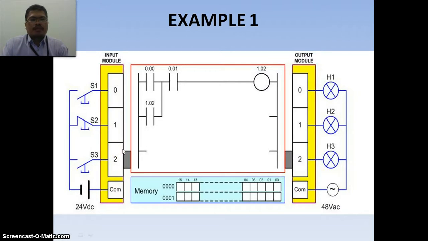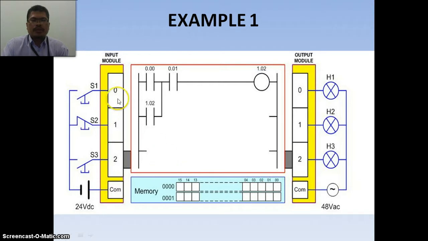Now let me explain the scanning process of the PLC. The first step, the PLC will read the input module based on the electrical signal received by each input, here, here, and here. Second phase, the PLC will update the memory with the logic 1 or 0.